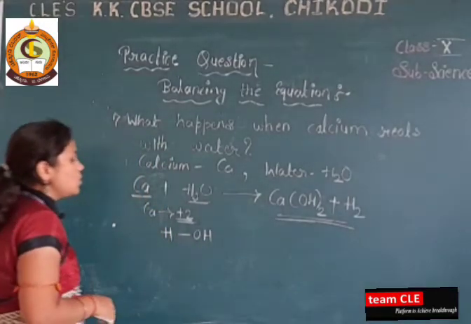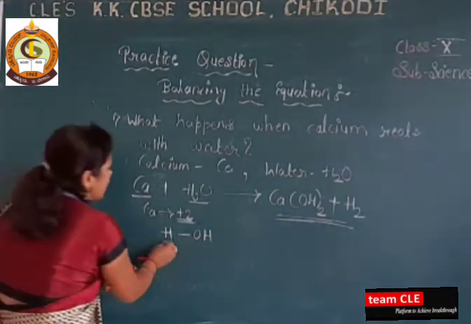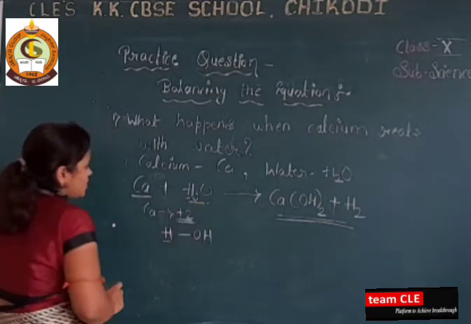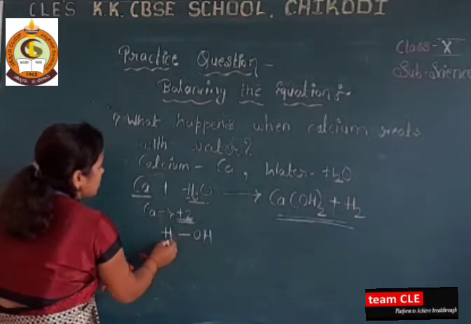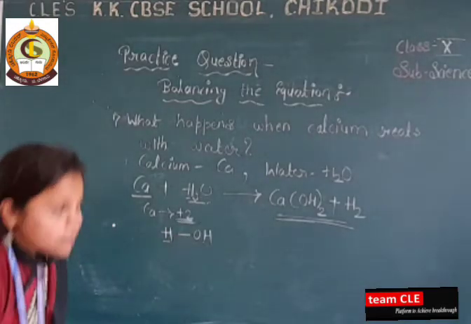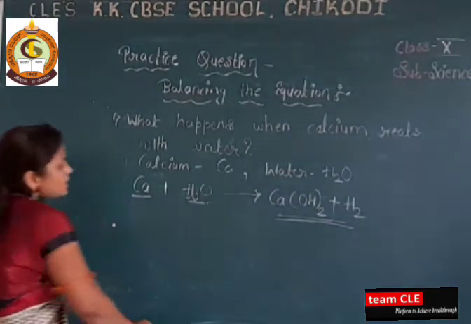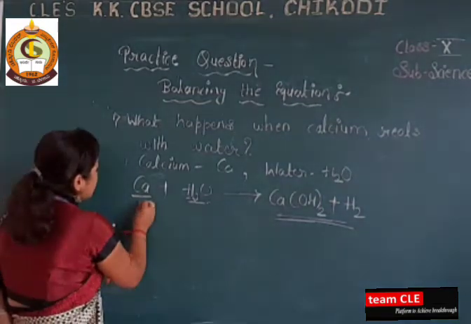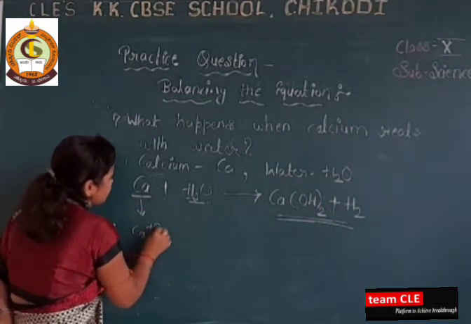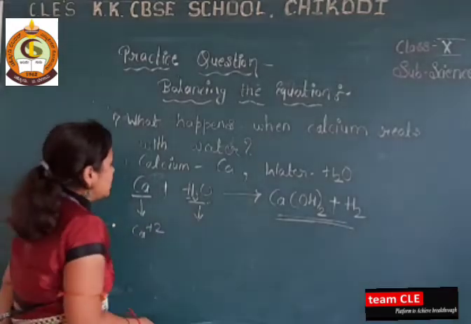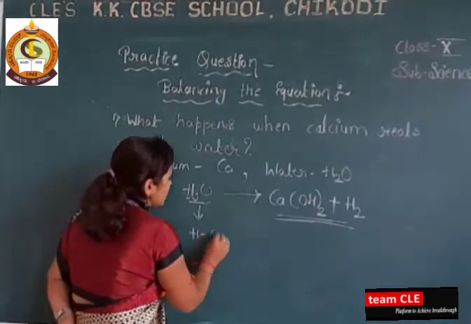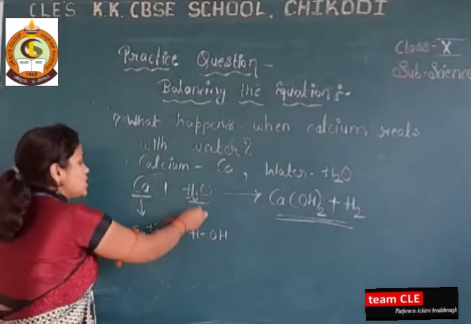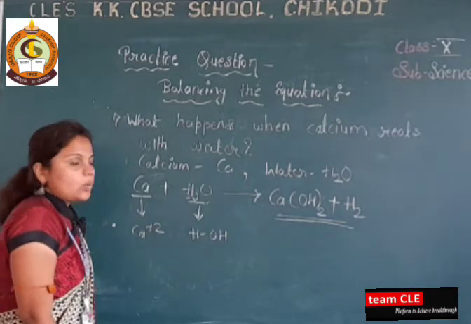HOH. So here hydrogen is 1 and another hydrogen is 1, so 2 hydrogens and 1 oxygen. So it will be written in this form. For understanding purposes I am writing it here. This is a little bit of a twist question, so that's why I am solving it here. Calcium has valency 2. Here the water will be split as HOH, so it will dissociate in the manner HOH.